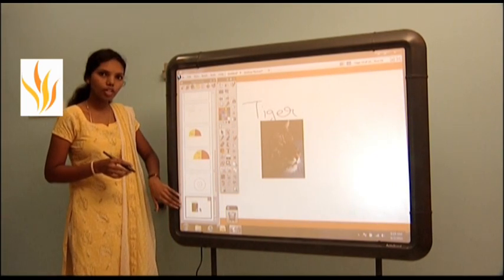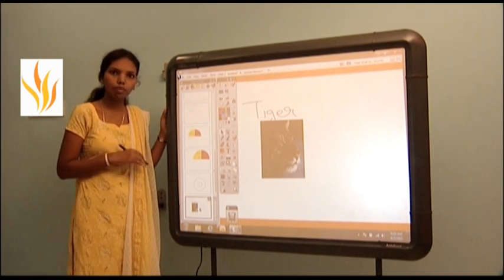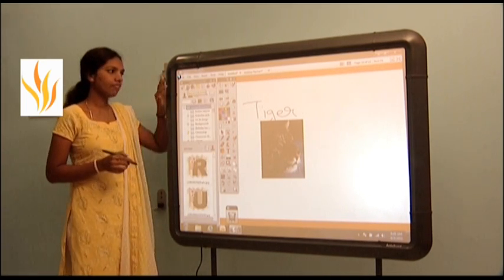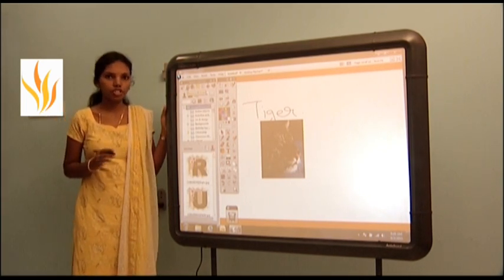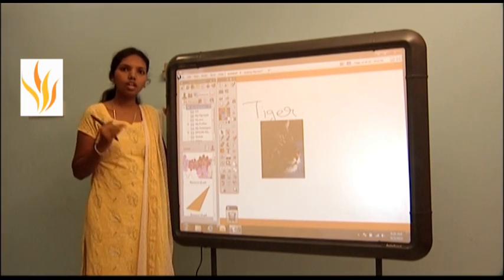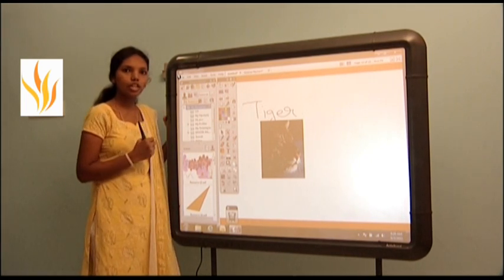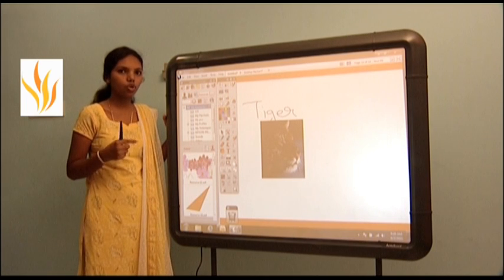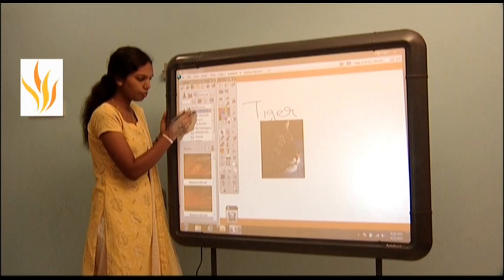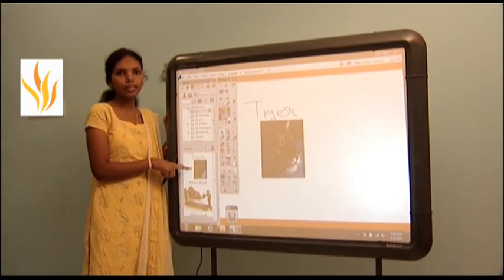You can save these particular pages in the library, the same as we go with file, save as, and give the particular name or subject name to the file. Then second is the resource browser, where we have resources called My Resource and Shared Resource. My Resource is the teacher's resource, where the teacher creates her own resources. Like as we have created one picture and labeled it, if I want to store it and show it in the next class or next day, instead of doing it again, I have the ready-made picture over here. I can just drag it to my library and it is permanently saved in your library.